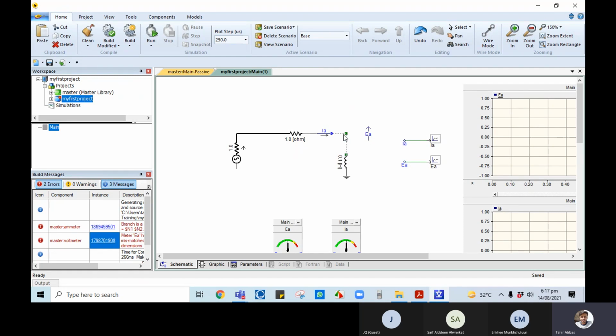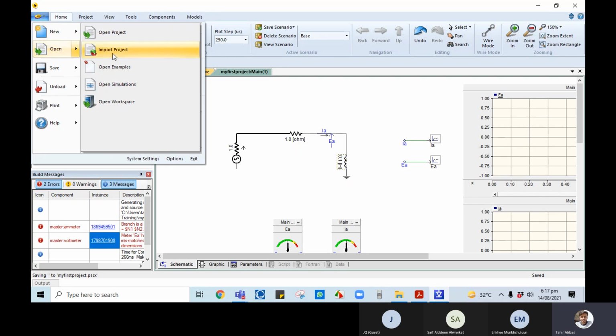And similarly for this, you can delete this one and place it here and then add a wire. Then press escape. Now save your project with Control S,